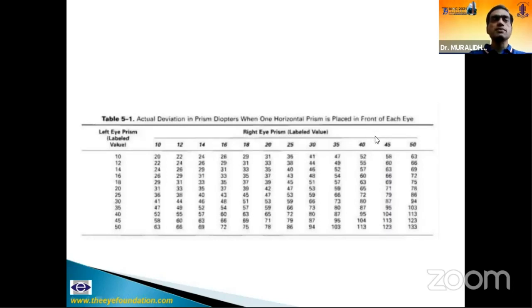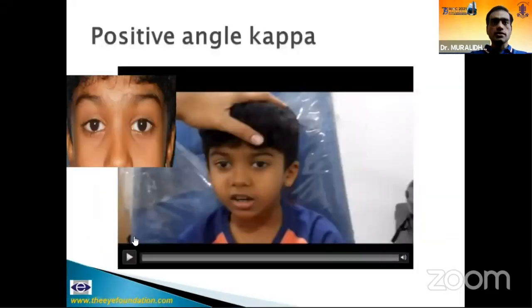So you also have tables when you combine prisms. There is 50 prisms in front of one eye and 12 prisms in front of the other eye. It is not 62, it is 66 prism diopters, more than that. I have taken this table from Rosenbaum, and this is very important because when you measure large deviations, you tend to take the algebraic sum and formulate your surgical plan accordingly, but it is not so, and it can introduce errors in the result.